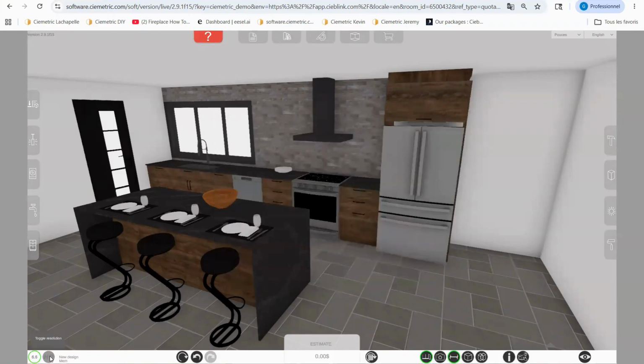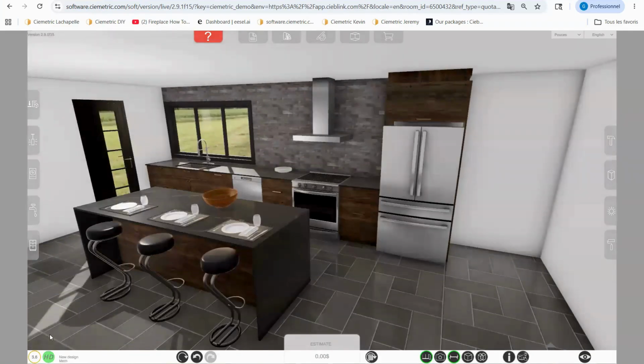if I put it back again in HD mode, I can see that the lighting that we see on the floor did change. So now it's just on the countertop here, and the lighting that comes from the door has changed. So we can see that I did change the ambient lighting to be higher. So now the image is more clean. So I'm just going to toggle the resolution,